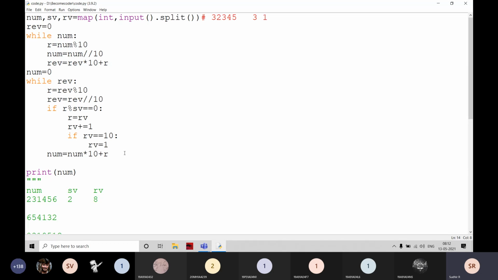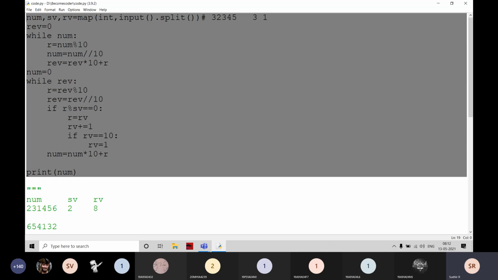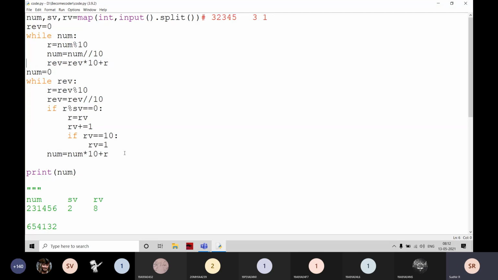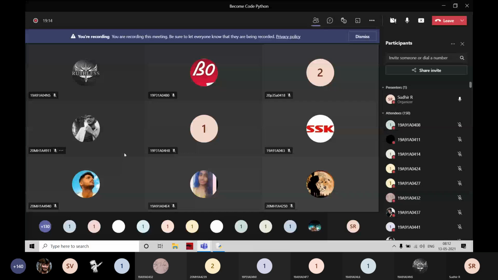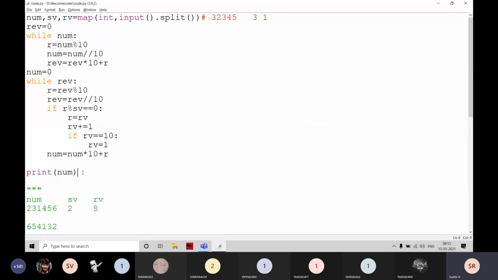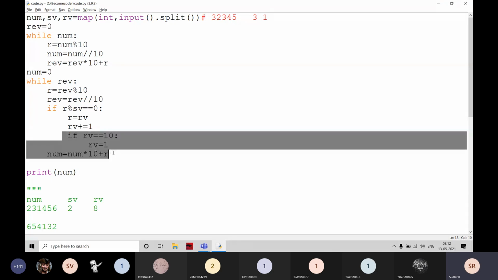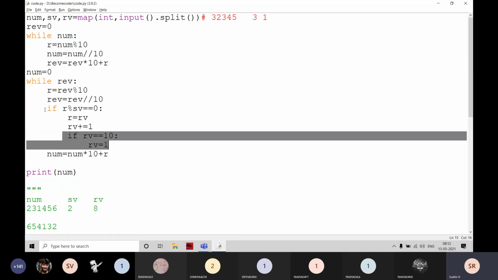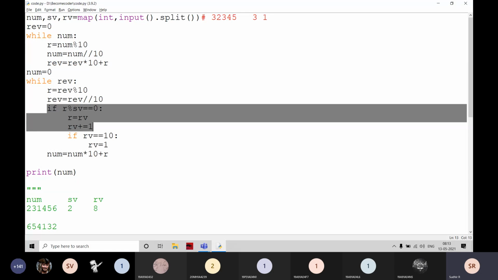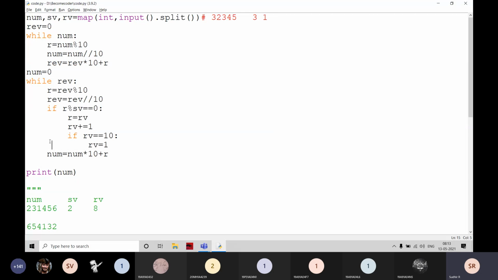How many of you understand what I am writing here, students? Are there any doubts? First of all, are there any doubts? Students, please ask me, sir, why you are writing like this? Please ask me and I will explain it. Students, sir, why are you writing this condition? If you have any doubt on that, just ask me why you are writing like this. If you ask the doubt, I will explain it. Anyone?